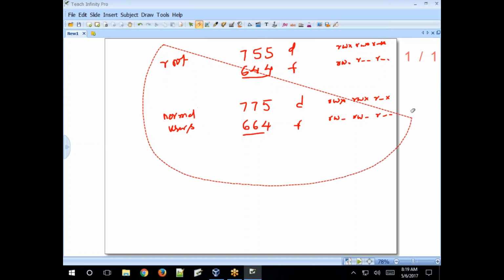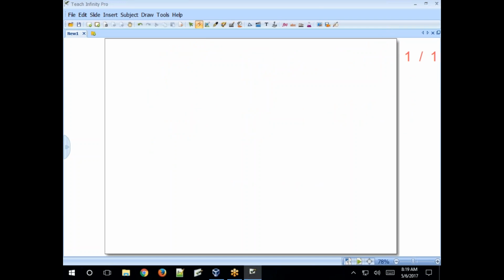How to change permissions, right? So by default 755 and 644. For example, a file created by Suresh. Suresh user created a file called file1. What is the default permission on file1 now?